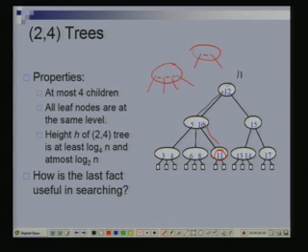So, when I search for a key, I have to compare it with this key, this key and this key. So, I might require 3 comparisons in all to determine which particular branch to take. So, the time is 3 comparisons within a node times log n, because log n is the number of nodes I would be visiting, order log n. So, order log n is correct, but you have to be careful that within each node you require more than one comparison. In a binary search tree you required only one comparison, but now you could require up to 3 comparisons.